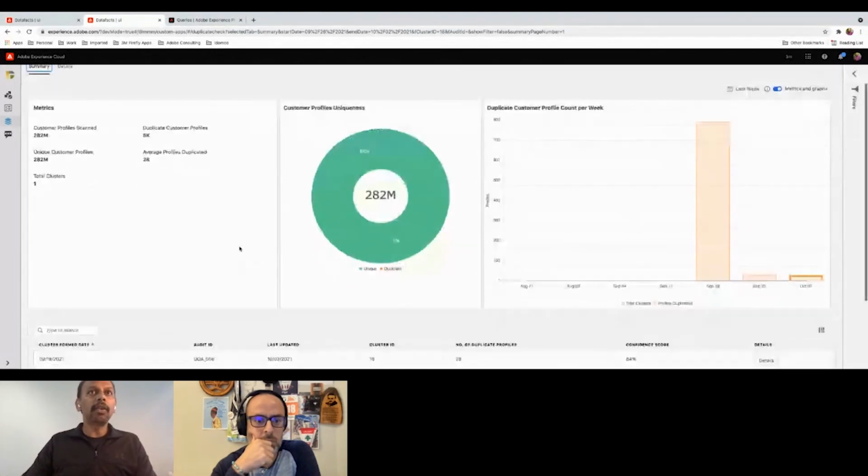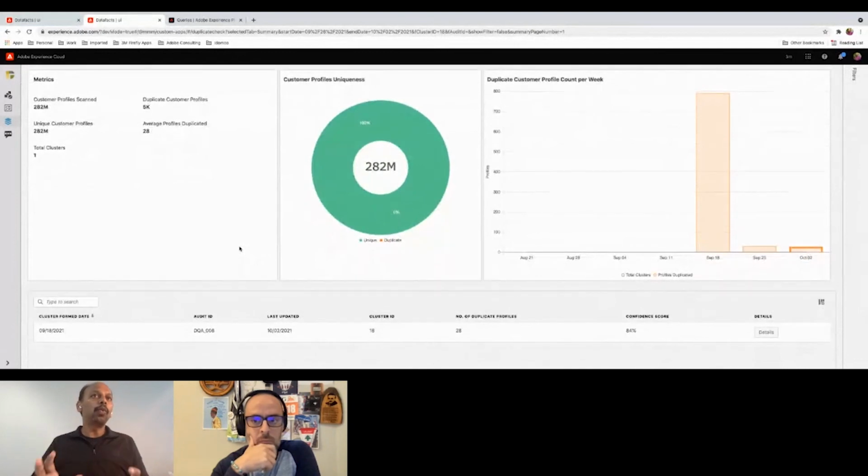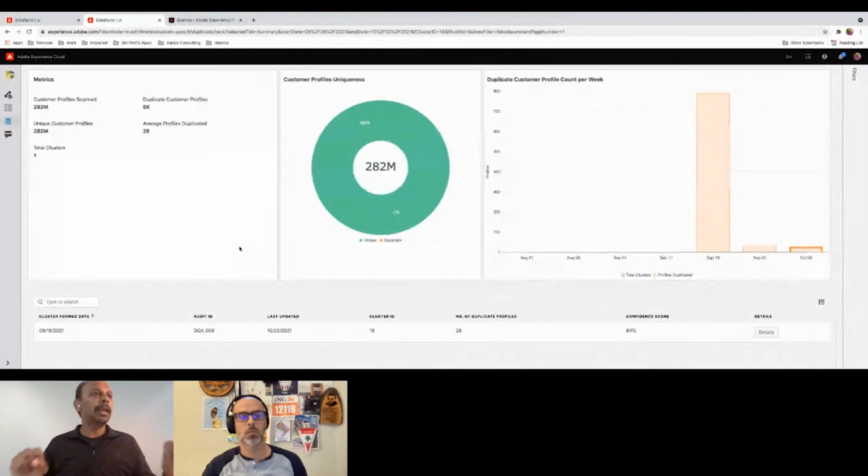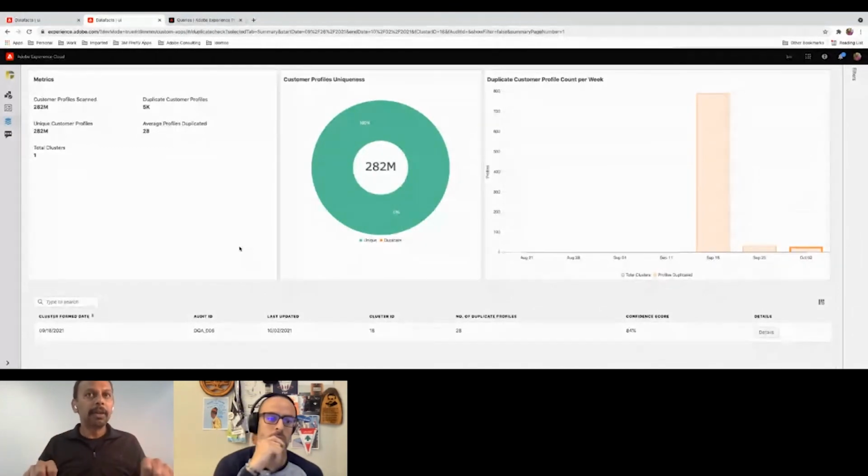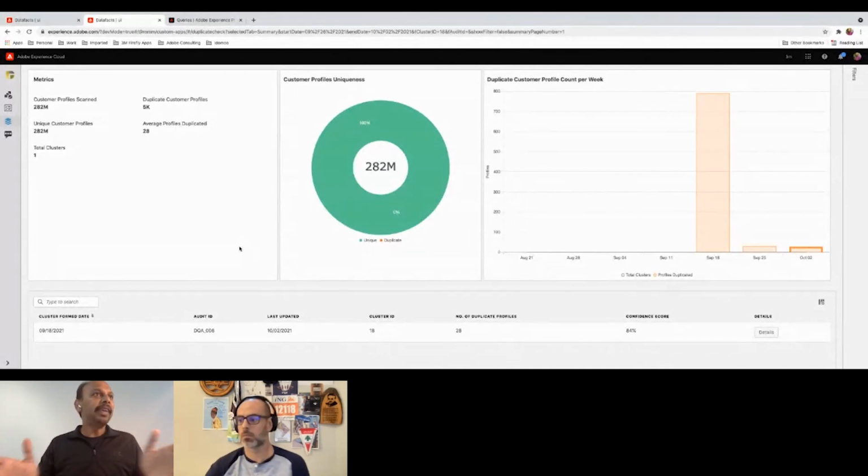So in this example, what I'm showing is how our tool identifies duplicates. Again, the tool uses machine learning models to identify duplicates. We don't identify duplicates just based on repeated values in records. We actually take the whole customer profile and pick specific features in it, like email addresses, first name, last name, address, and various other attributes, and use those features to learn about the customer profiles. And for the whole AEP system, we identify similar records,